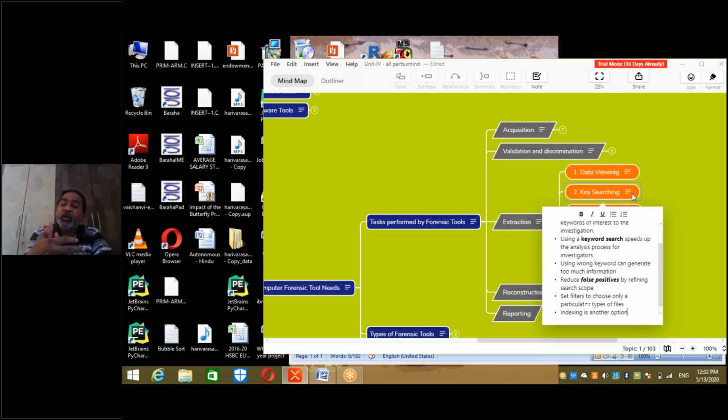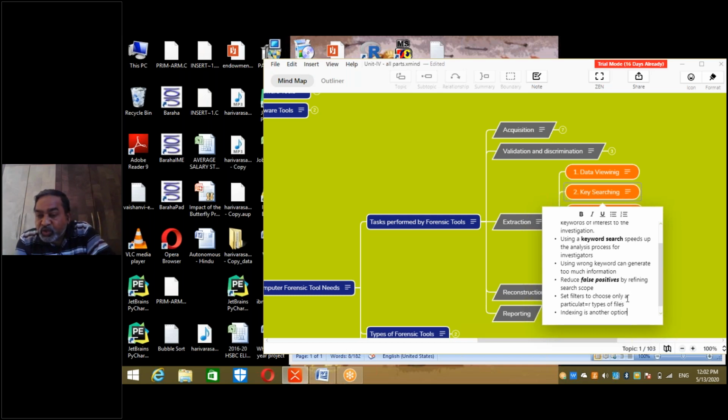Now you put "JNTUH syllabus" as a keyword. Now this has become 1 and this has become 3. Now put double quotes around "computer forensics". You don't want computer and forensics, you want computer forensics. So the searches will be reduced. This is what is called reducing false positives.